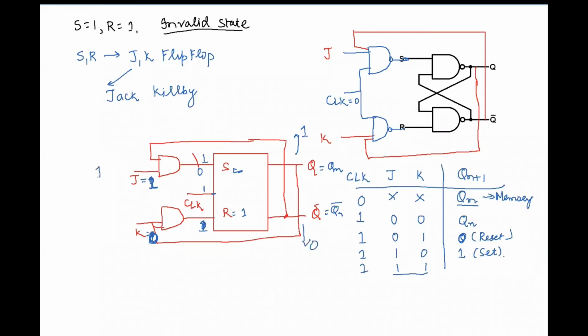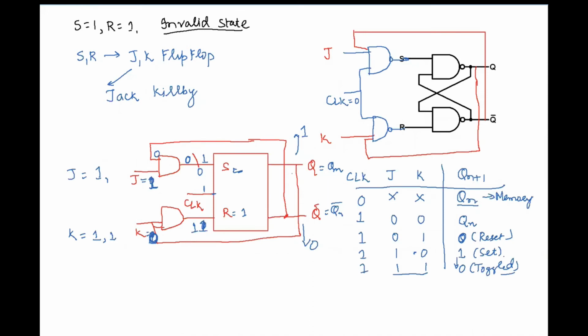Now when both are 1, J is equal to 1 and K is equal to 1. Remember, this is an AND gate. J is equal to 1 and this output is moving towards this. So this is 1, and the other output is going to be 0. So this gives you 0, and this gives you 1, and when R is equal to 1, your output is going to be 0. You will observe that your output is being toggled. That means if it is 1, it becomes 0.